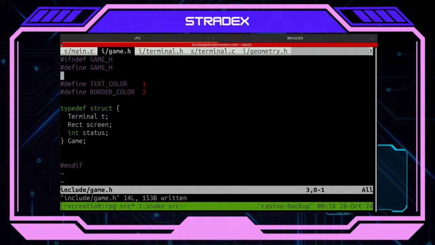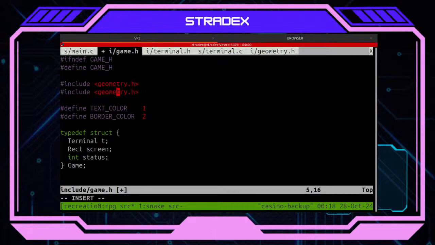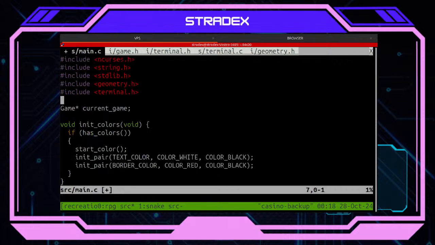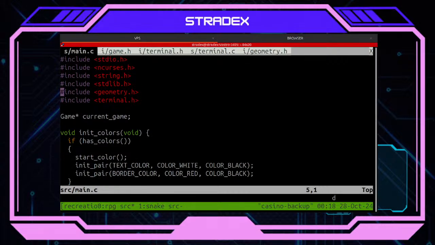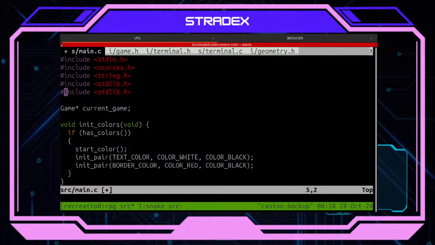Oh, I have to include some stuff here though. Include ncurses.h and include terminal. I can say goodbye to you, and I can just include game.